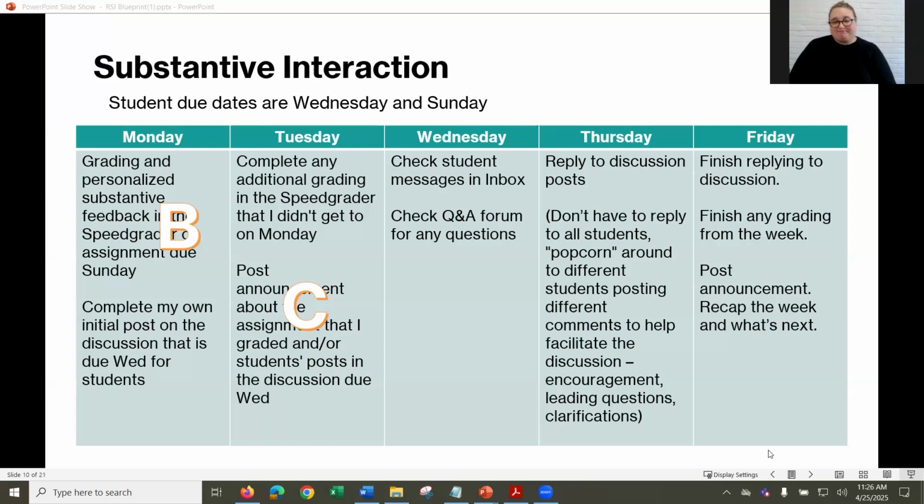Okay, and then for Thursday, for the discussion. You can put the answer for Thursday. Okay, yeah, so this is all about group discussions, facilitating those group discussions. And then how about on Friday?